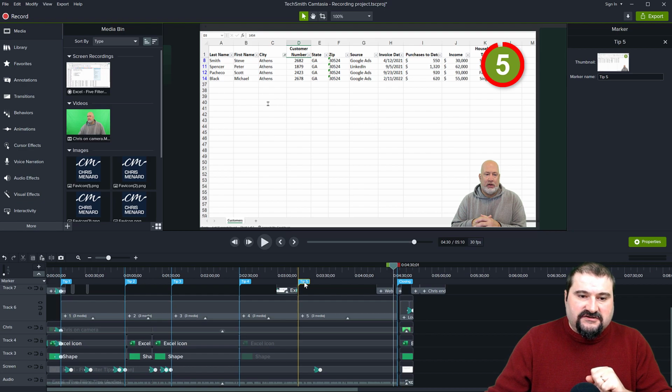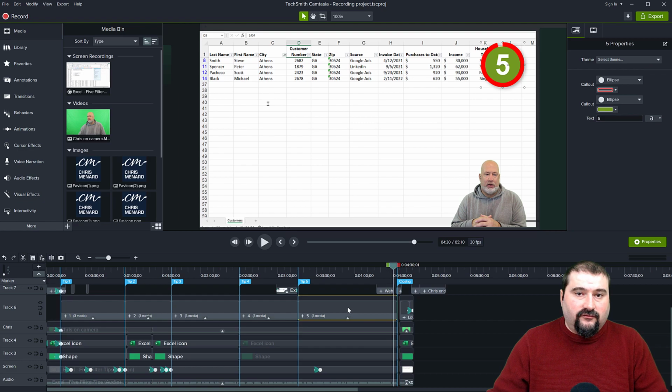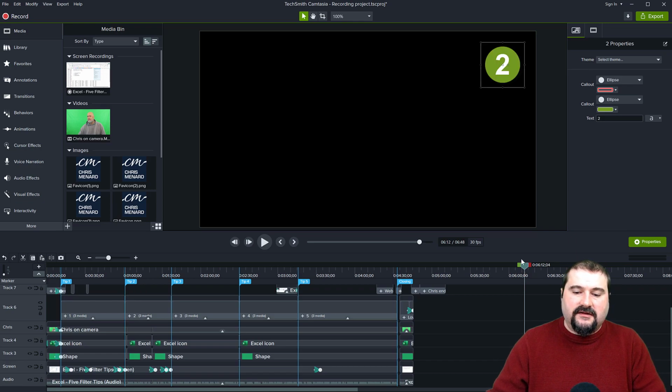This is actually, there's a bug in Camtasia where if you try and reuse these in your projects, so let me just give you an example. I'm going to save this project because I'm done with it, but let me show you. You want to save this to your library to reuse it in other projects. You don't want to be building it again every time. So I'm just going to take the shortest one again, number 2, Control C, and I'm going to do something on this side here. I'm just going to place it on a blank space in my timeline.